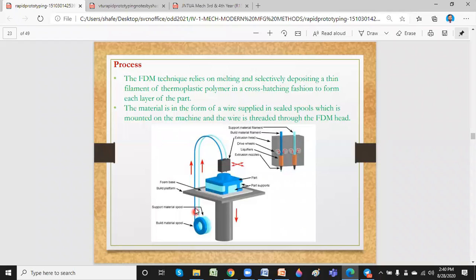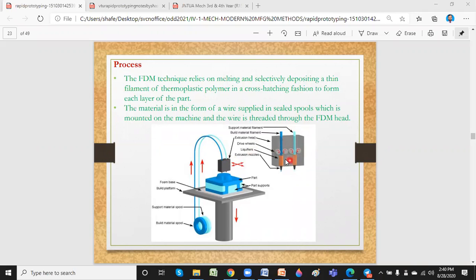You can see there are two thin wires, a light blue and a thick blue one, coming in a spool or roll. This roll supplies the filament, which is the material we are going to supply to this section, shown here in an exaggerated shape.